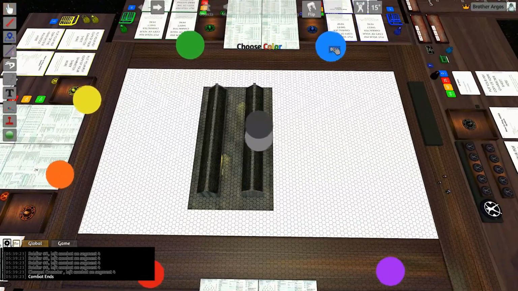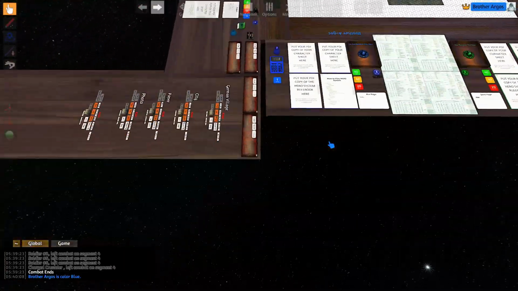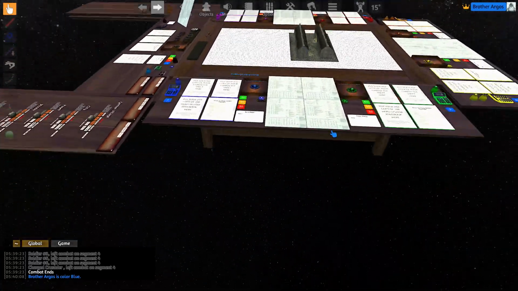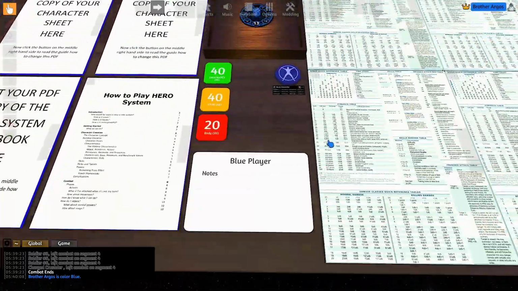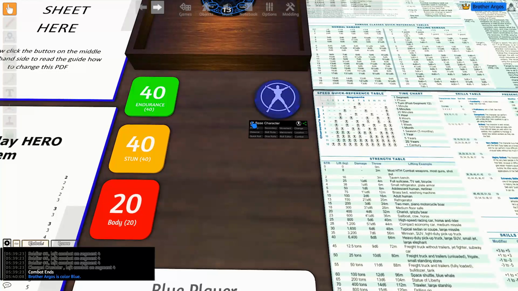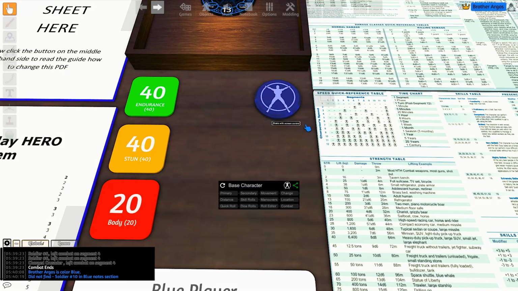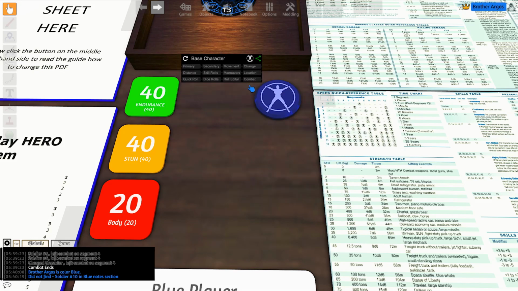If I change and I become blue, you'll notice all those dialog boxes have gone. I can't see a thing as the blue player. What I can see, however, is the blue player's character. So I can... oh, I didn't find sold 10 in the notes. Sorry, didn't add it. Actually, yeah. So if I pop base character, which will do for demonstration, and I look here,